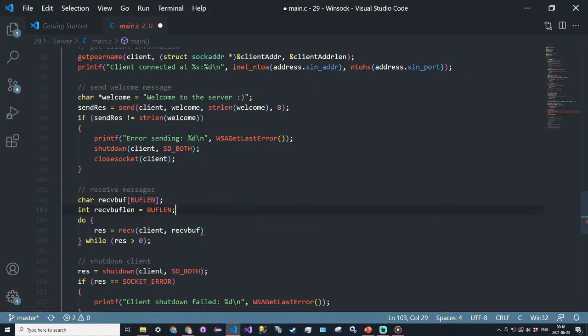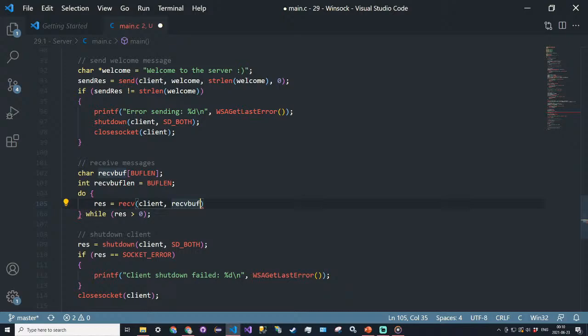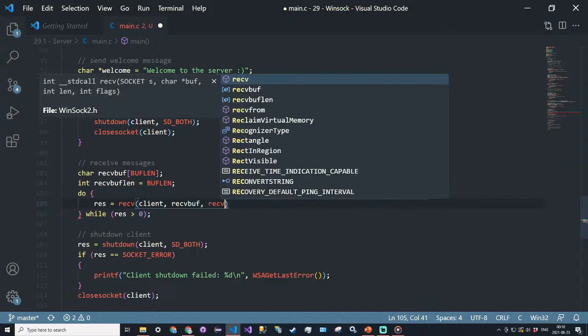So we're going to say do, and then we're going to have this receive. We're going to receive from the client, store the message in the receive buffer, and then the length of this will be receive buffer length,